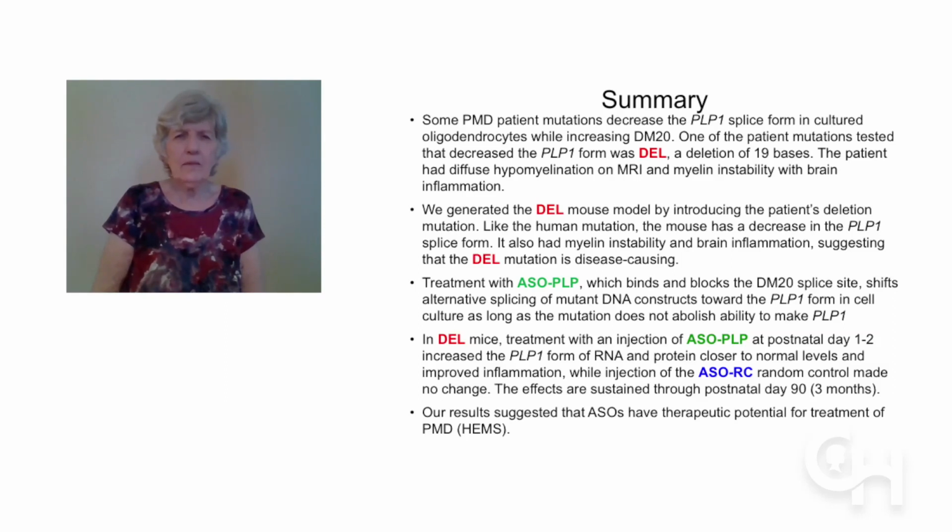The mouse also had myelin instability and brain inflammation, suggesting that the alternative splicing mutation was disease-causing. Treatment of the DEL mice with ASO-PLP produced sustained correction of the alternative splicing defect at both the RNA and protein levels, and it improved the brain inflammation, suggesting that ASOs have therapeutic potential for treatment of patients with defective